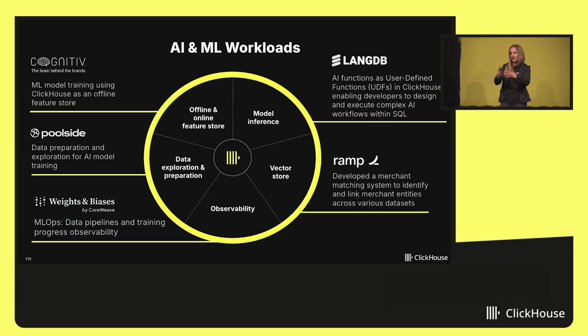Then you have the actual model. You didn't just train it to sit in a corner, right? You want to run an application on top of it. So you need a way to infer from this model. And again, you need a serving layer. And often ClickHouse is that serving layer. Sometimes also with use of vector search as one of the ways to draw correlations.